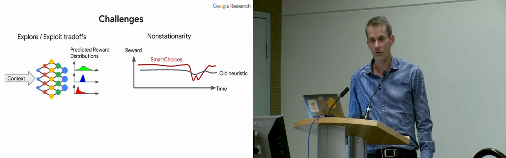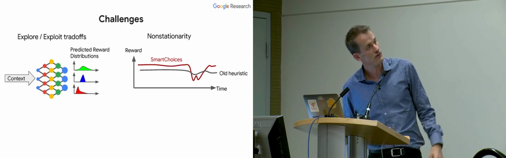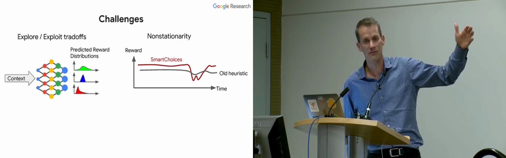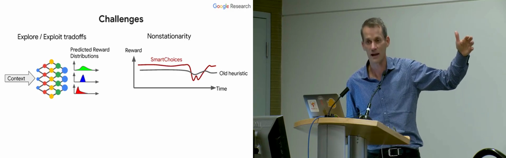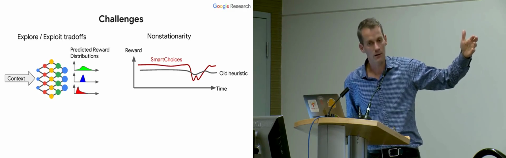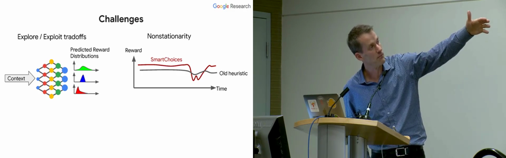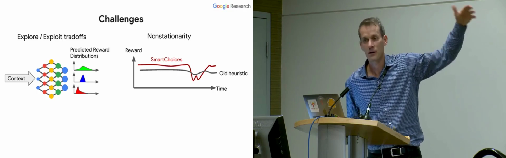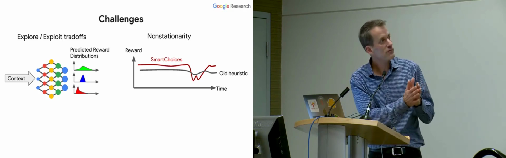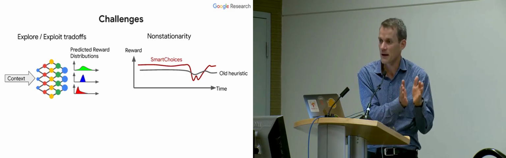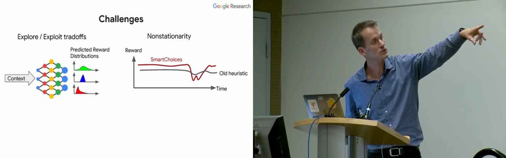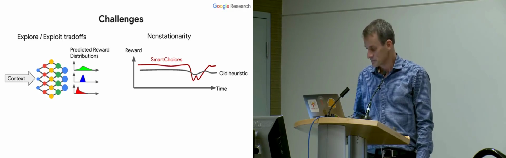Non-stationarity in computer systems is also a big concern, especially for some of our operations folks. If you're running a system, it's kind of bad if it suddenly starts to behave in a very different way because the way in which the system is being used doesn't perform well. For some kinds of problems, the old heuristic may not have been as good, but may have more predictable performance. So we want to be able to give perhaps some degrees of freedom to the choices that get made, but constrain the system so that it operates within environments where it's unlikely to plunge below the old case, the old heuristic.